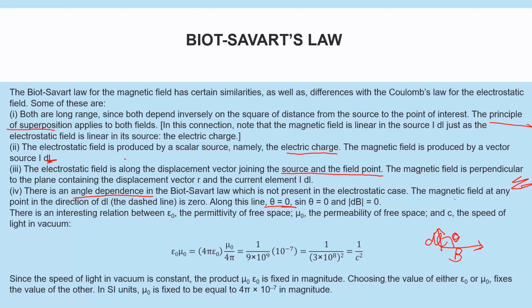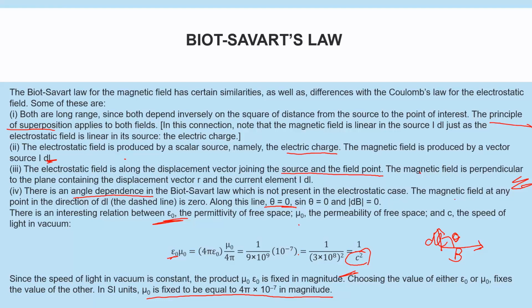The permittivity, which we use in the case of electrostatics, epsilon 0, which we used in the electrostatic part, can be related to mu 0. The permittivity and permeability of free space are related with the speed of light. So if you fix your epsilon 0, you can find your mu 0 using this relation, and if you fix your mu 0, you can find the epsilon 0 using this expression. Over here we consider mu 0 to be equal to 4 pi into 10 raised to minus 7. So this is what we learn about the